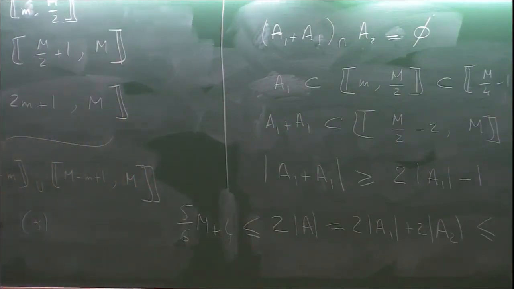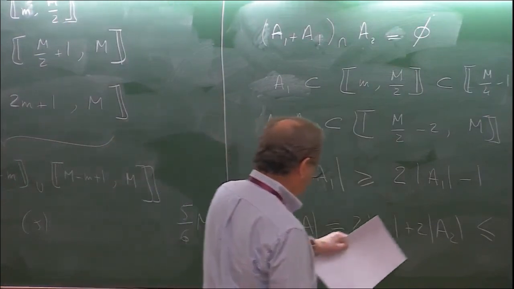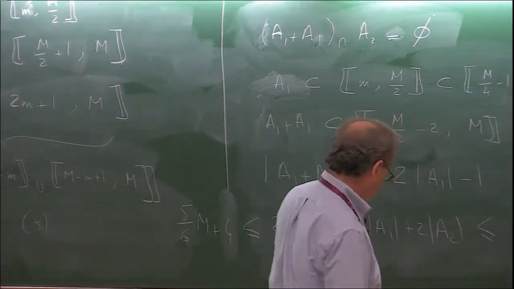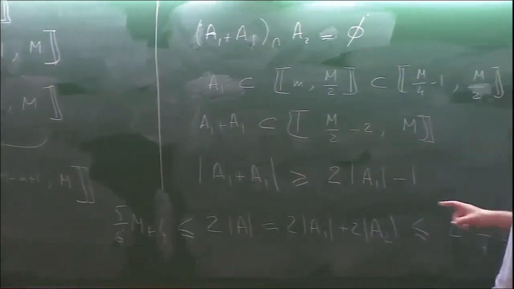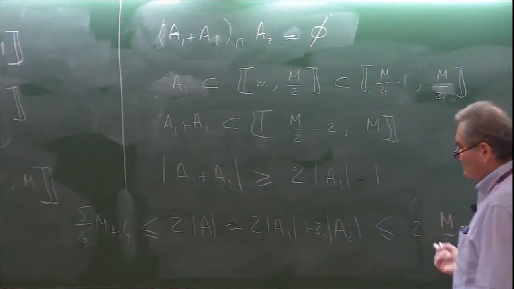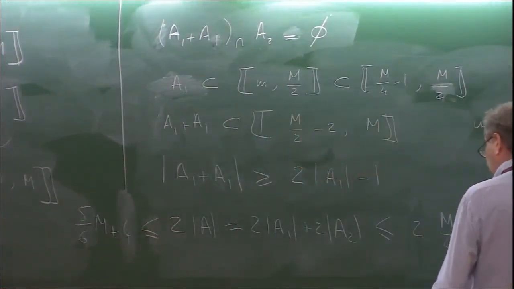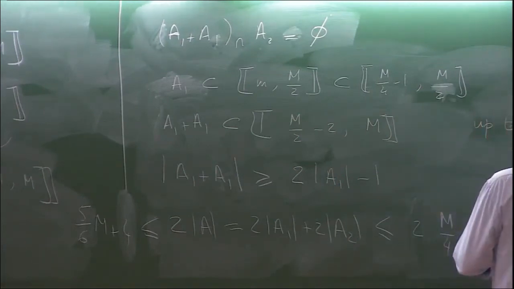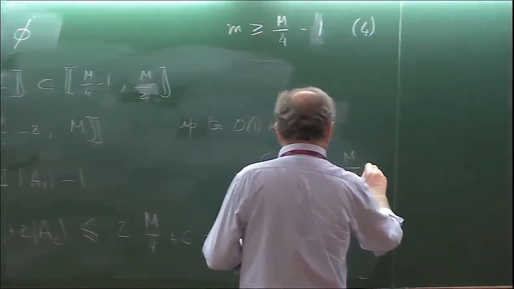Okay? This is just using that. And so this is 5 over 6, and this is 1 over 2. So it tells me something that finally m, little m, is larger than something. This is 1 over 2, I can put it here. And so it implies that m is larger than m over 3 plus 2.